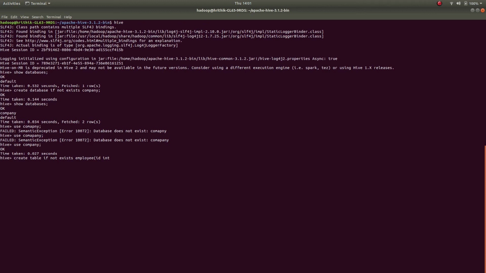Then ID int, the data type of ID, then name, gender with character data type, then age, name, salary, and then the number.